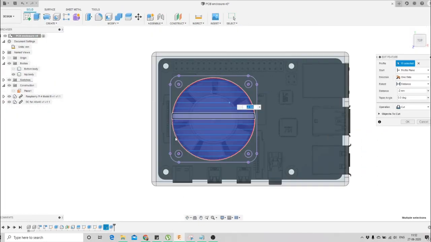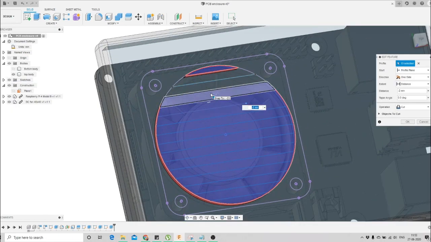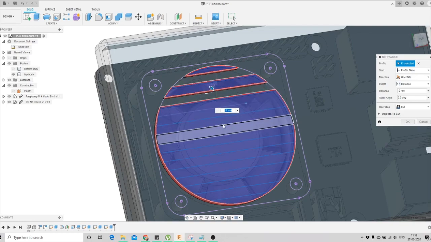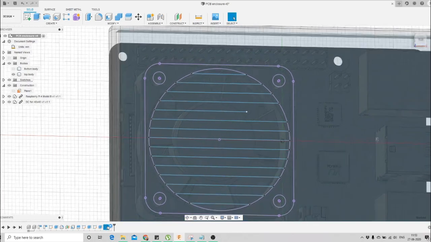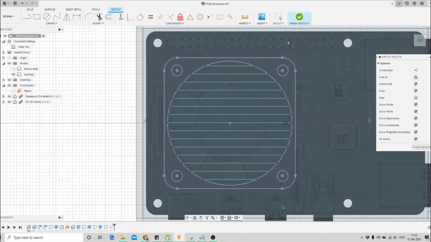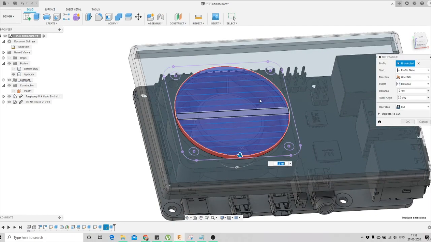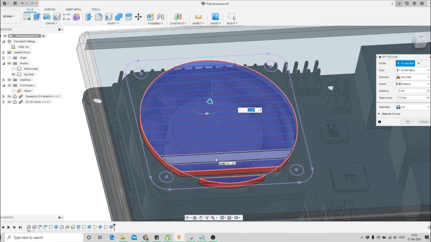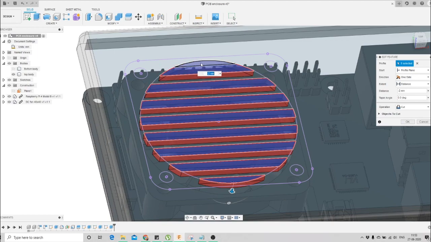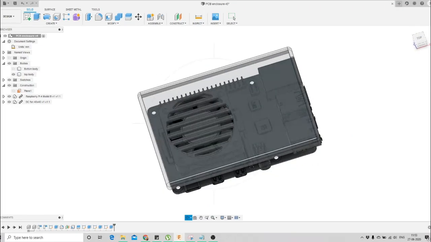Then I will again click on this extrude option. Then I will select this profile also. So this way, actually we are missing that line. So again, we'll go to the sketch option. We'll modify, extend this line also. Then we'll go to finish the sketch. Then we'll go to the edit extrude option. Then we'll change it to make it like a cage actually. So here you can see we have made it like a cage, so it was very easy.